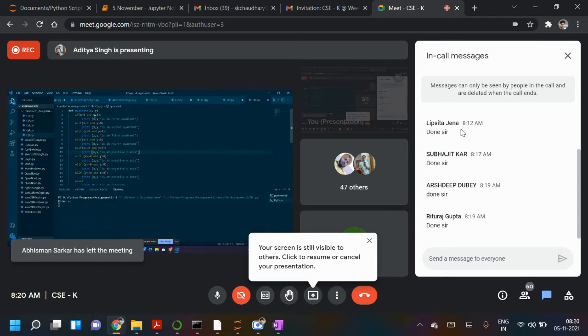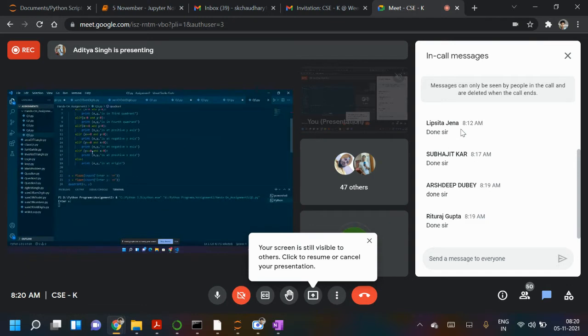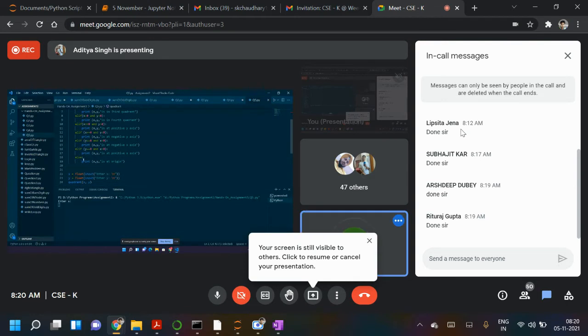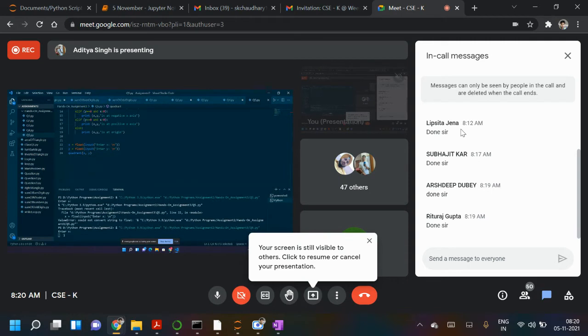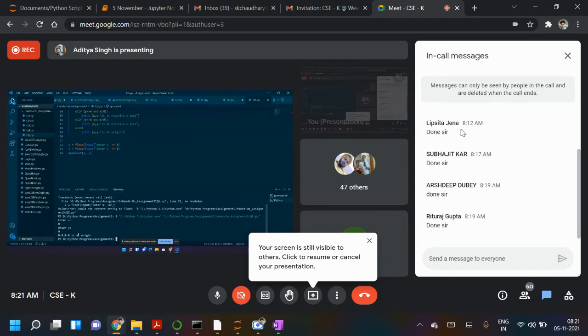Sir, if x is a positive number greater than 0 and y is also positive, then it is in the first quadrant. If x is negative and y is positive, then it is in the second quadrant, so x less than 0, y greater than 0. If x equals 0 and y greater than 0, then it is on the positive y-axis. If x equals 0 and y equals 0, then it is at the origin. Okay, then run it. Put 0 0. What output does it give? It is at the origin. Yes, it is fine.